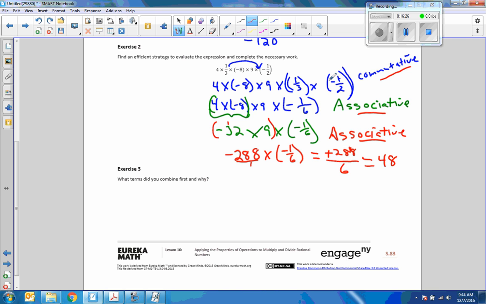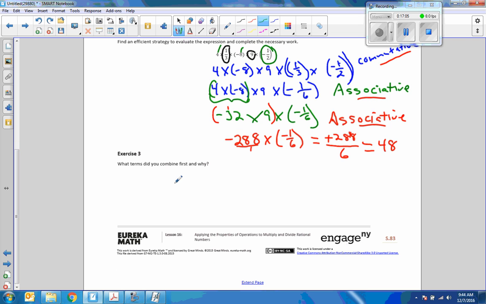Okay? There are other ways we could have done this, and I'm going to point out a few. So I'm not just going to mess around with this, just follow along. If I see something in the denominator of 3, I try to get rid of a fraction. I can get rid of a fraction by finding a multiple of that 3. So I could have combined the negative with 1/3 and the 9. And same with the half. I could have combined that with either the negative 8 or the 4 and gotten rid of the fractions in those cases. Okay, so whatever you do, it all will work out as long as you don't make any